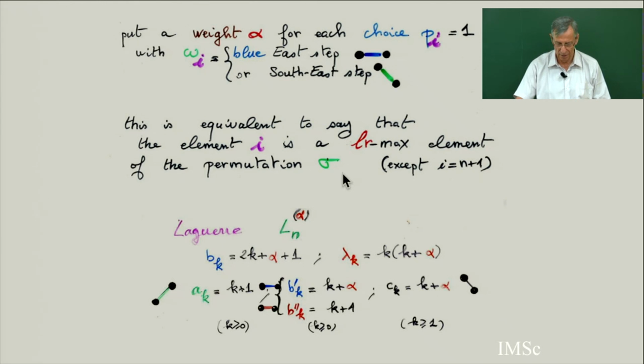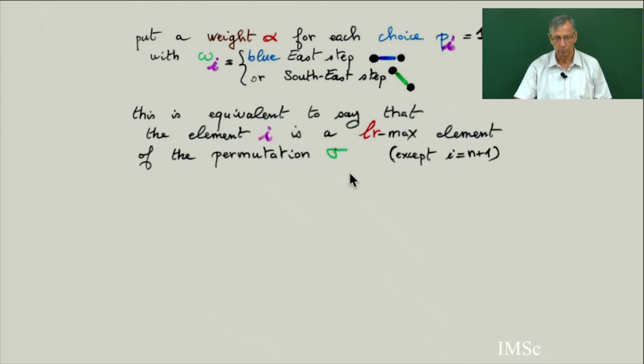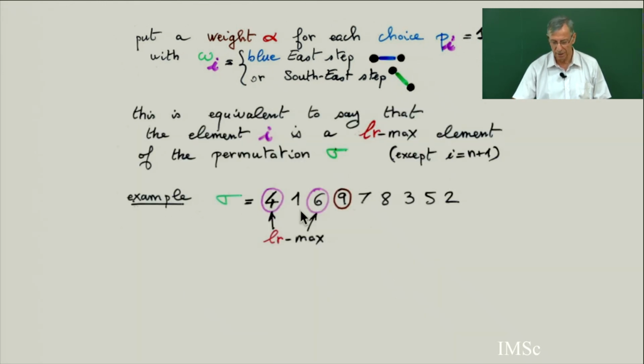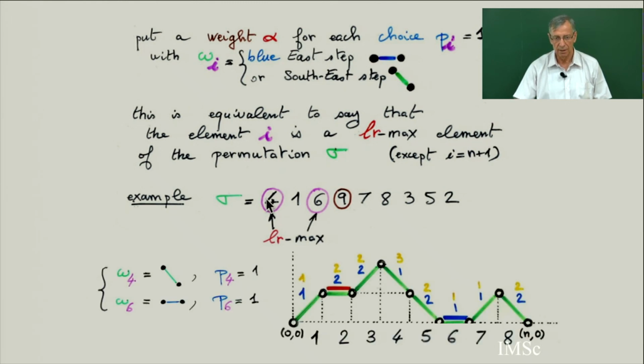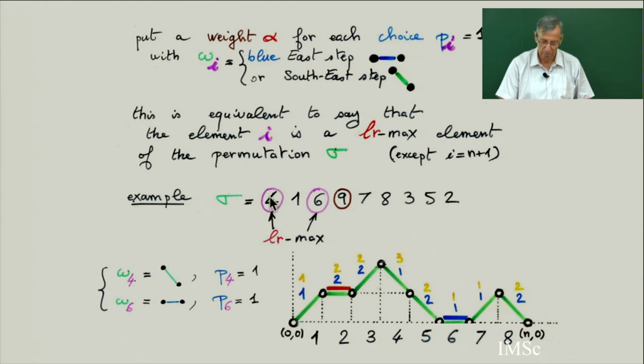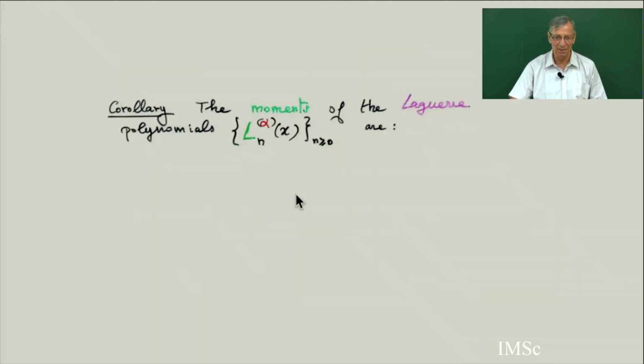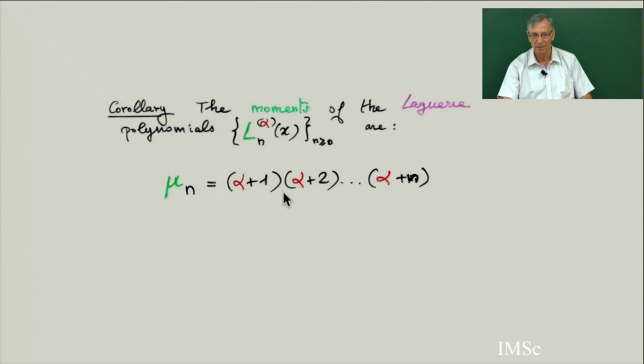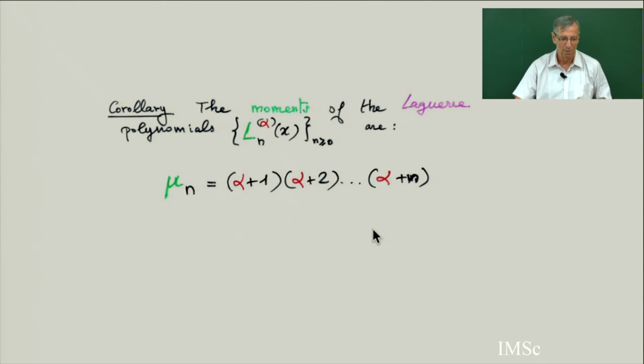So it's an easy check, and I claim that this is an example. You can check the example that you get exactly the left to right maximum elements. You already met this in the PASEP, with left to right or right to left, so there are 4 possible elements with max, min, left, right. So I get this distribution with alpha, and so, corollary, the moment of the Laguerre polynomial with parameter alpha is exactly the distribution of left to right minimum or maximum elements. So this gives me the moments of the Laguerre polynomial with the parameter alpha.